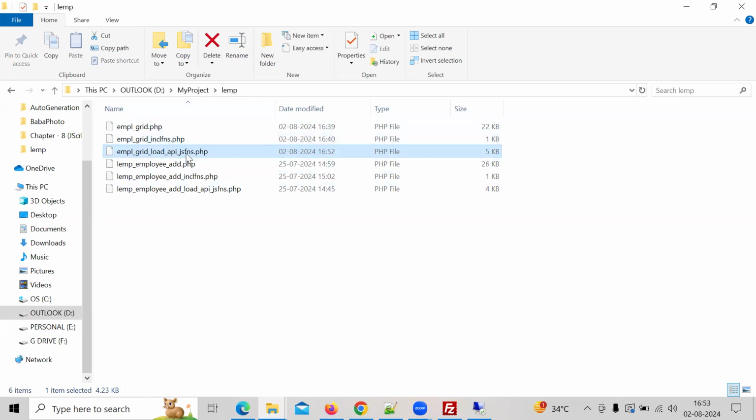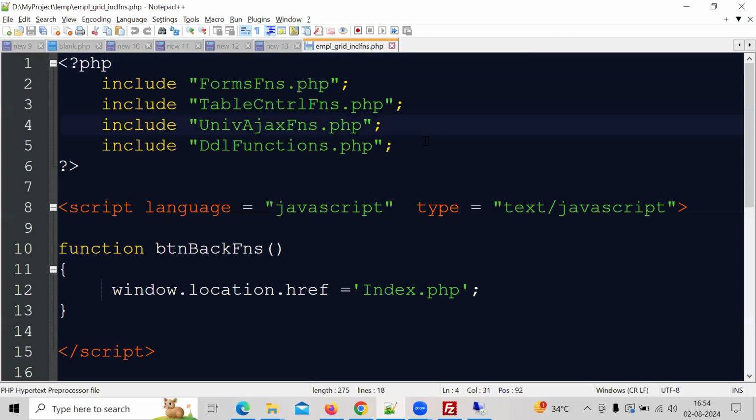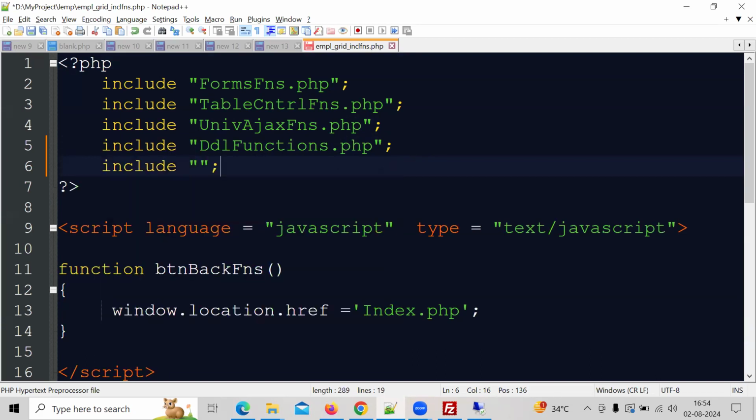One more thing we need to do is that the file name should be included in the include file, the same thing we did for the drop down of the employee add. So we need to include it in the grid include file. Let me open that. Now what file is required here? We'll put